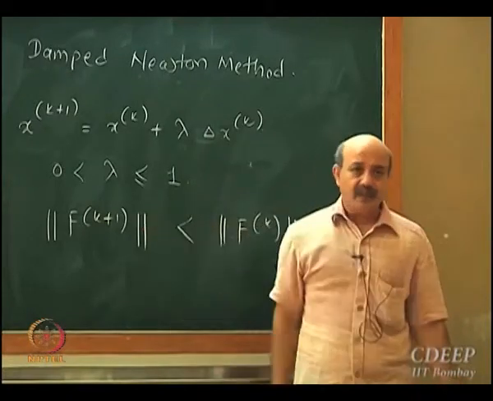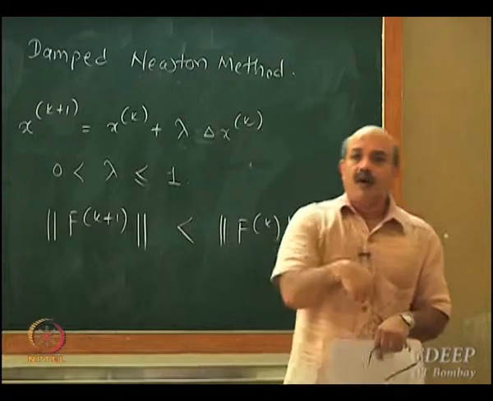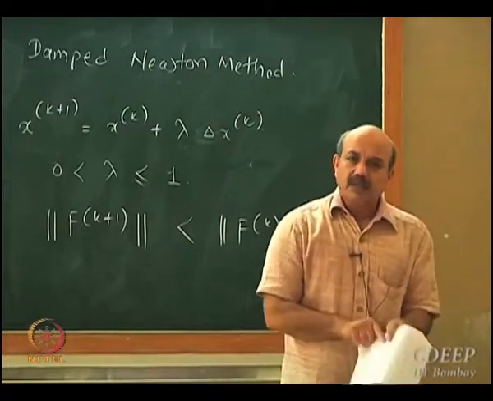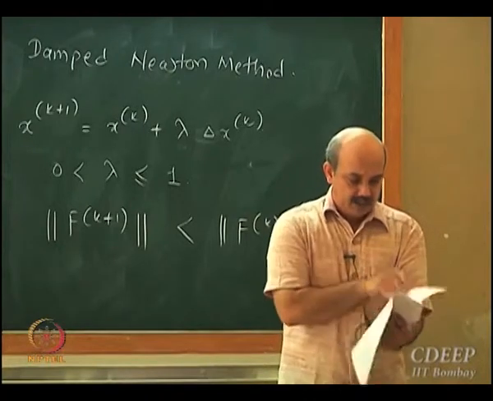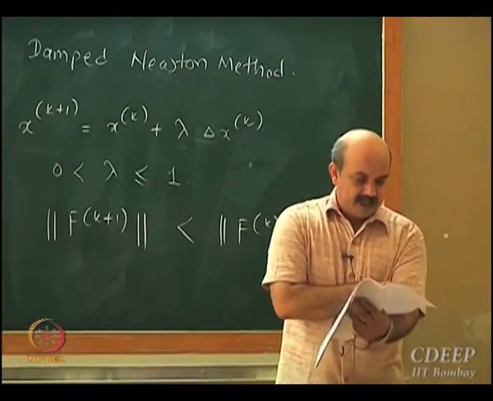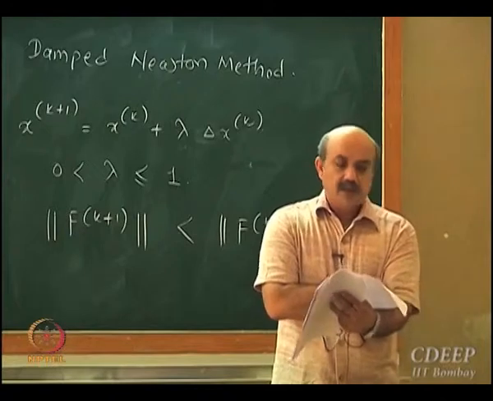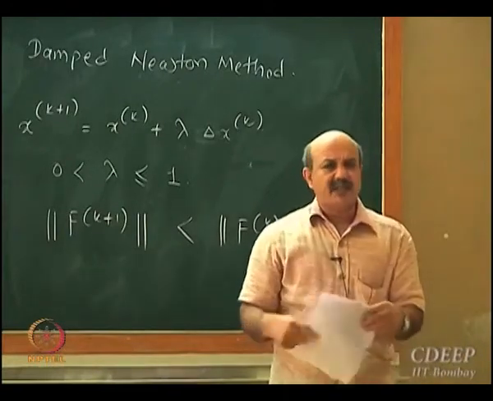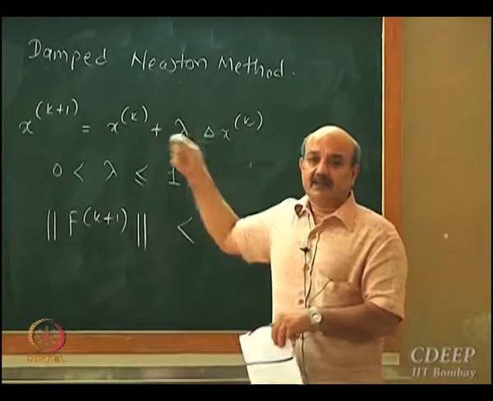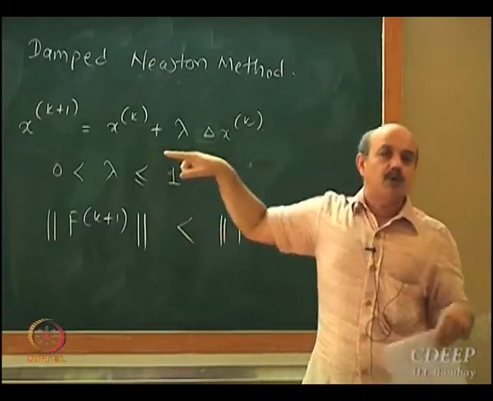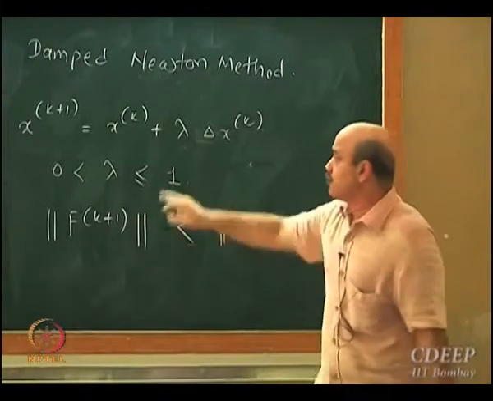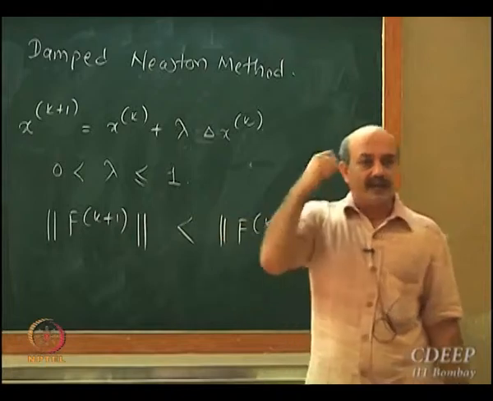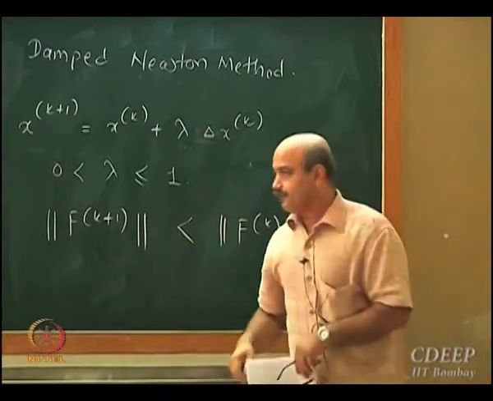One algorithm for doing this is called Armijo line search, and I am not going to go into details of that. I have given this here in the notes, in table 1, damped Newton algorithm with Armijo line search. Those are details as to how you select lambda iteratively. What I want to do on the board is not the algorithm for selecting lambda, because that is a matter of implementation. I want to give the rationale why this is done.